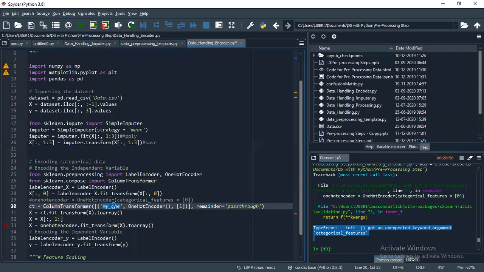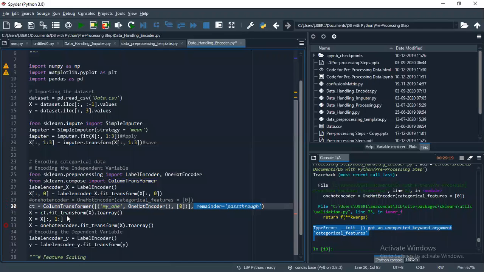So I'm giving a string argument here, and then the one hot encoder, which is where I'm going to apply it. Let me apply 0 here, and remainder passthrough. This is also the default argument they gave. Passthrough means everything else just passes through.